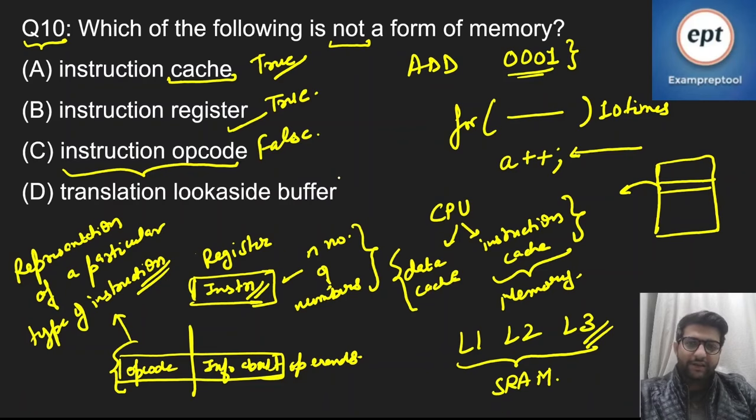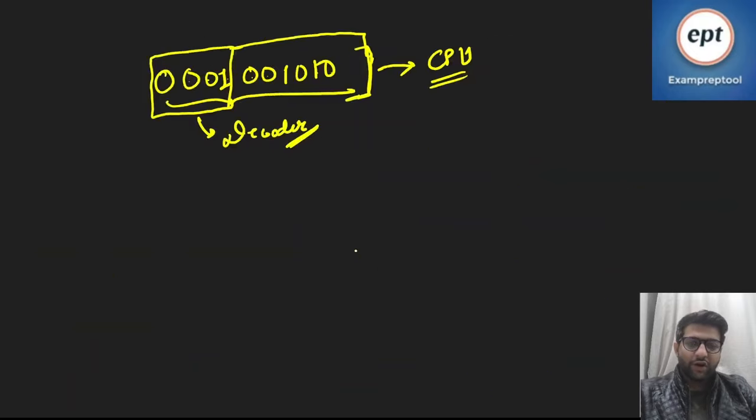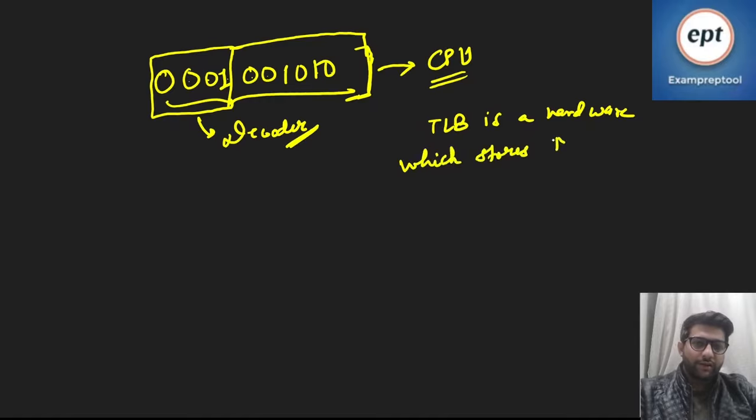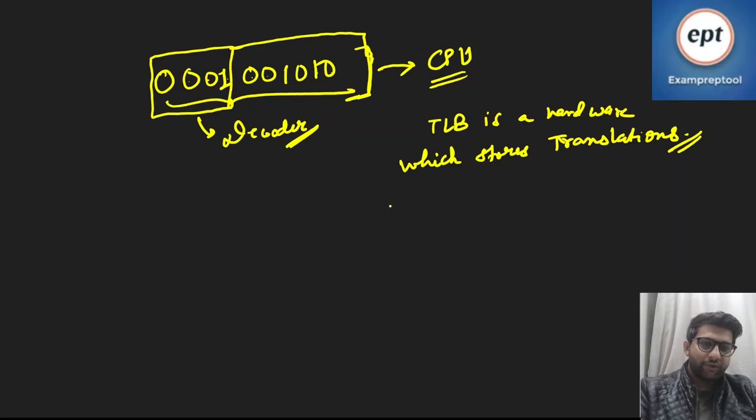And option D is saying translation lookaside buffer. This is true. This is also hardware. So TLB is hardware which stores translations. What type of translations? If you have gone through the OS RIC course or the OS complete course, you know that TLB stores translations from virtual addresses to physical addresses,